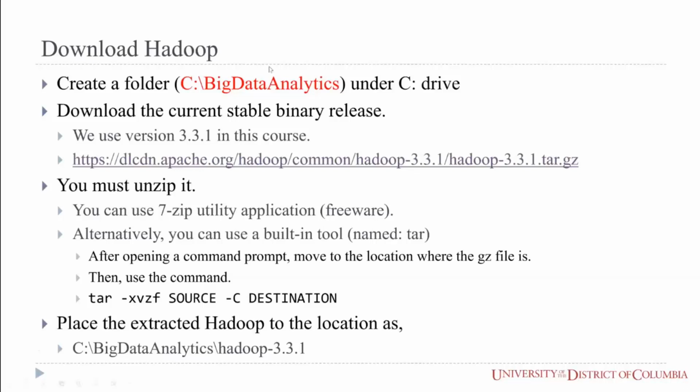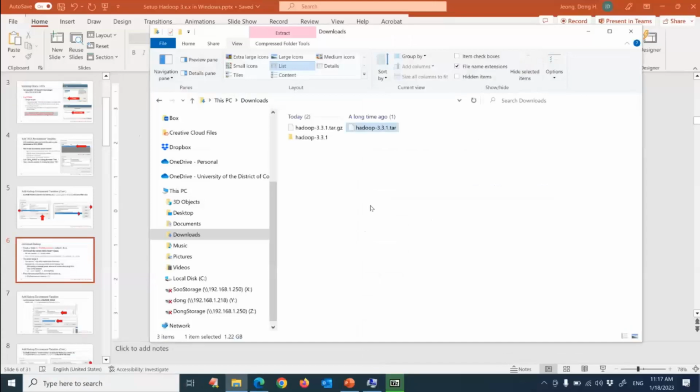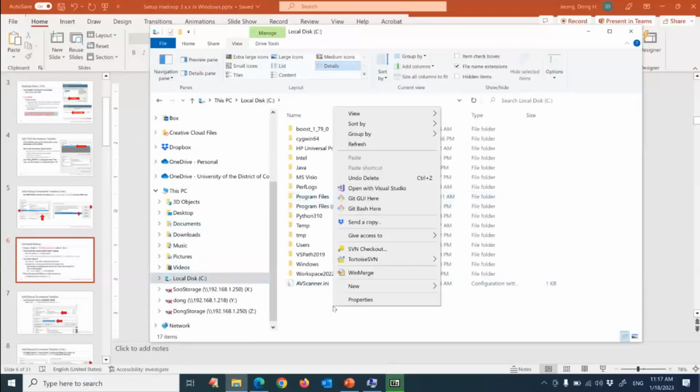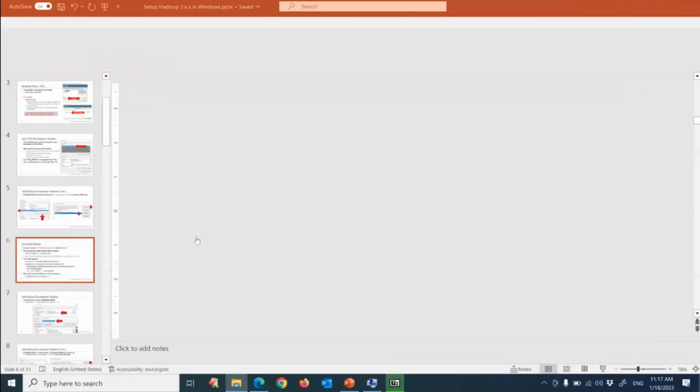So let me try creating these folders. Big data analytics, under the C drive. So here I need to create the folder big data analytics like that, right? And then